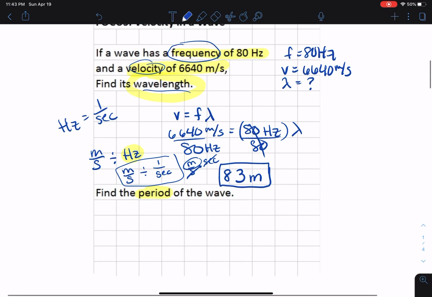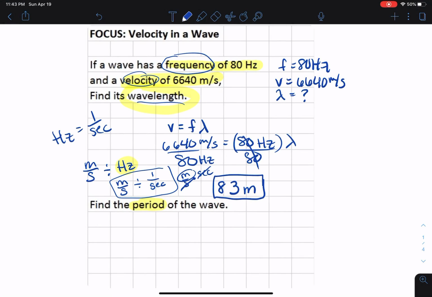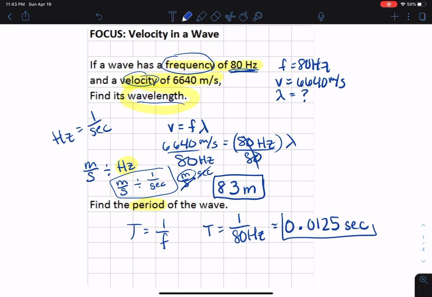So if I bring this back up here, T equals 1 over frequency, and lucky us, it's given to us. We know that it's going to be 1 over 80 hertz, and then of course you put that into your calculator. 1 over 80 gives you 0.0125, and again the units for period are seconds,